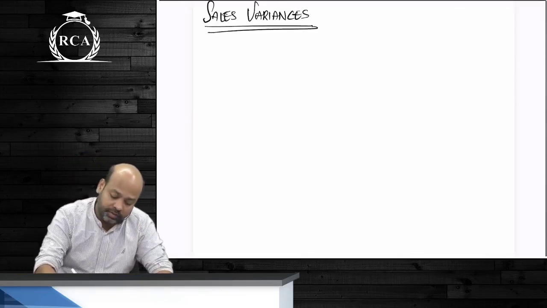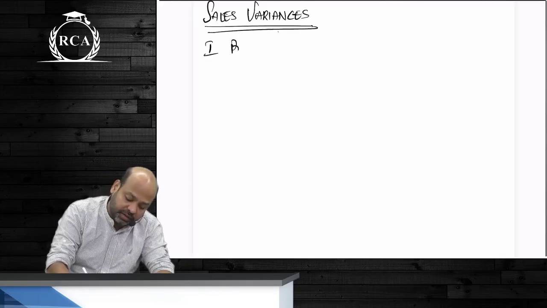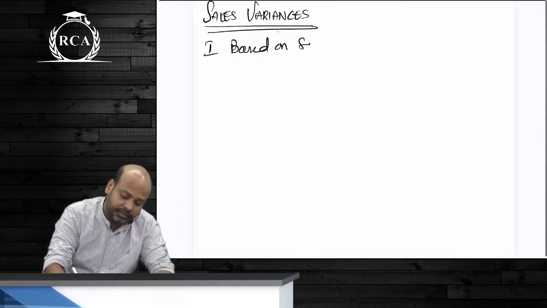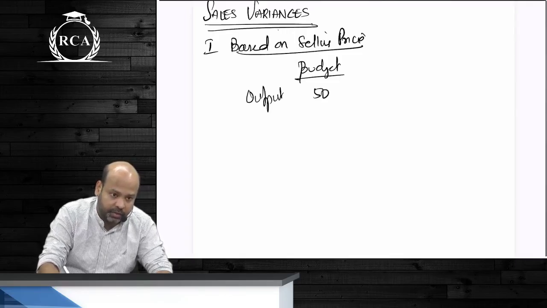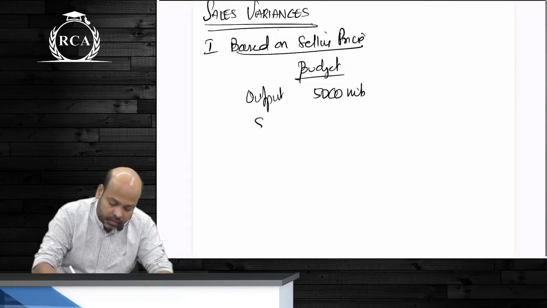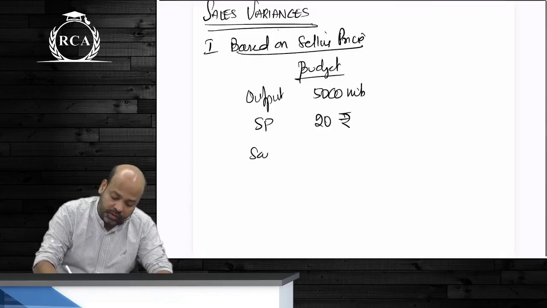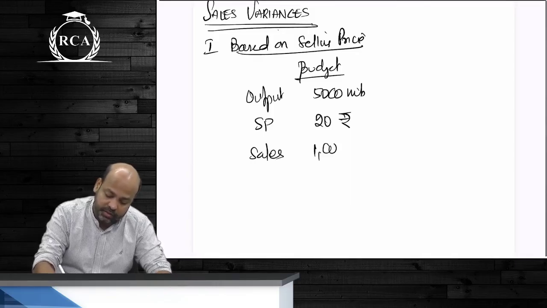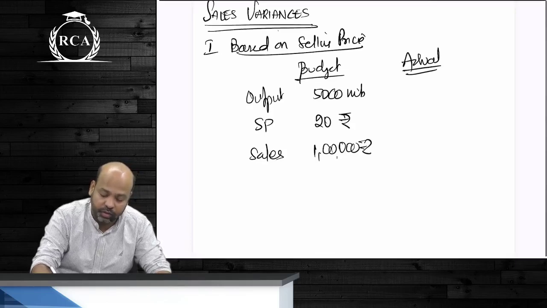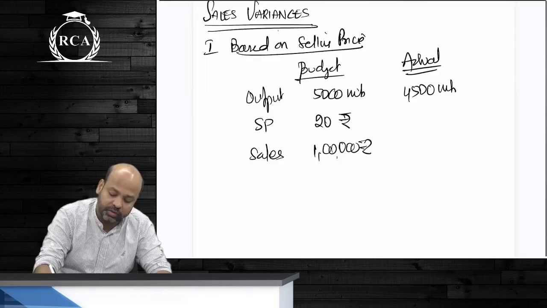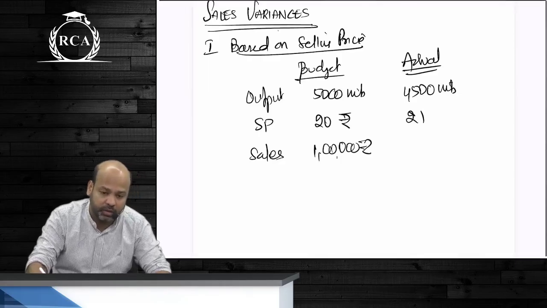Now let's say, first, this will be on the basis of selling price. As per the budget you were supposed to sell an output of 5,000 units at a selling price of 20 rupees. The total sales as per the budget is 1 lakh rupees. Let's say the actual quantity sold was 4,500 units, but you were able to sell at a price of 21 rupees per unit. So your actual sales will be